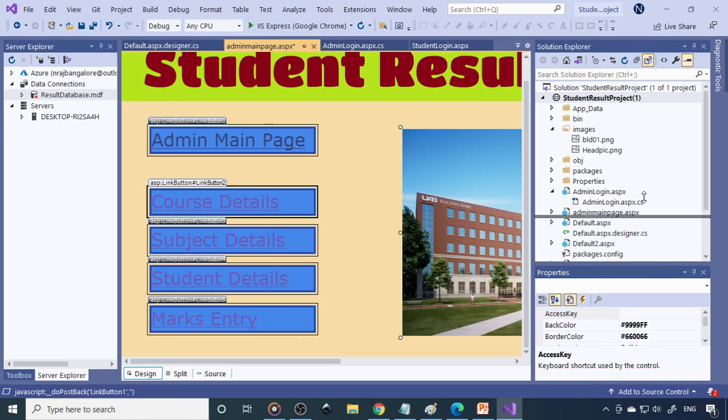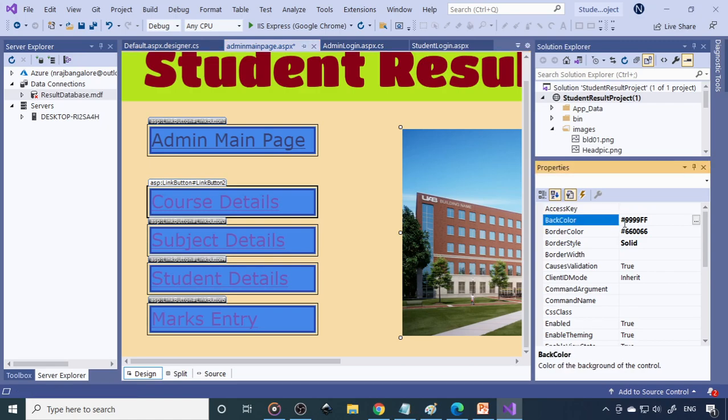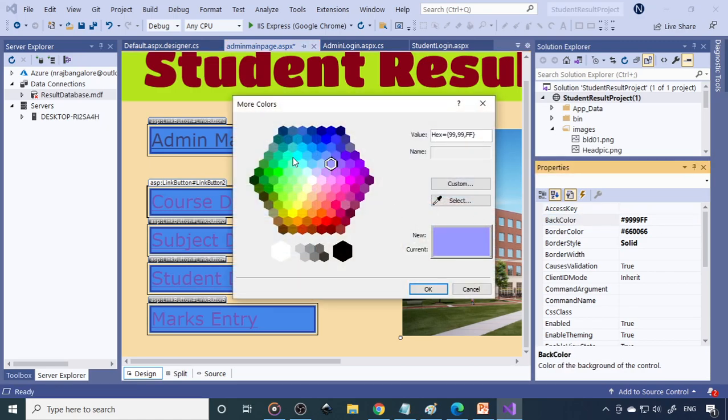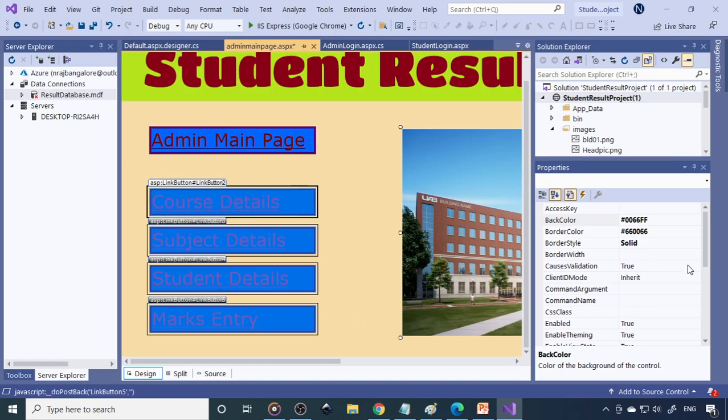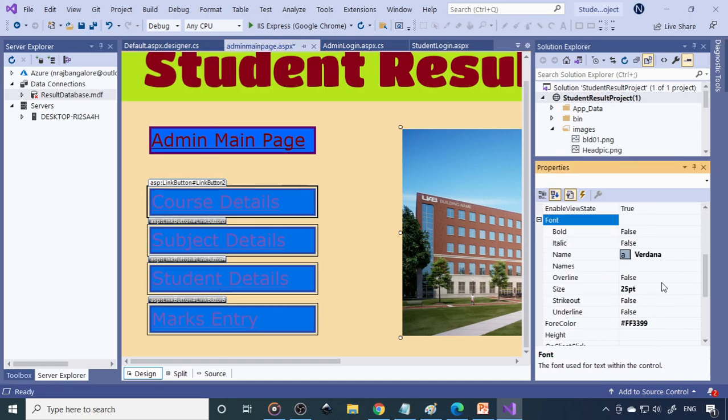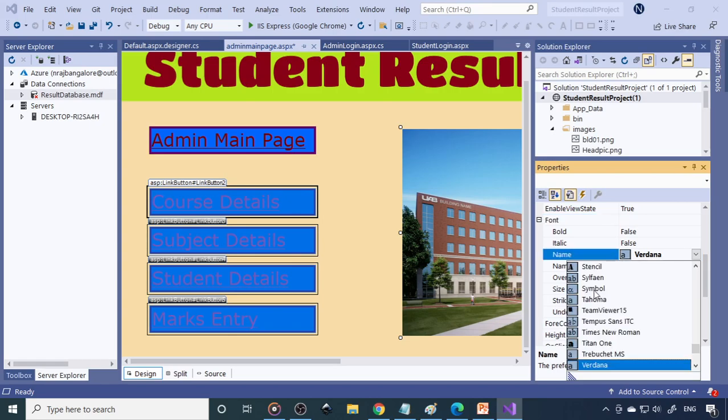Now we can change the background color of all of them in a single stretch, because they are all the same component. For example, I want this color now, click OK, and all the background colors will be changed. Now except this, I want to change these fonts, so I'll go to font. Instead of Verdana, we'll take some other font.